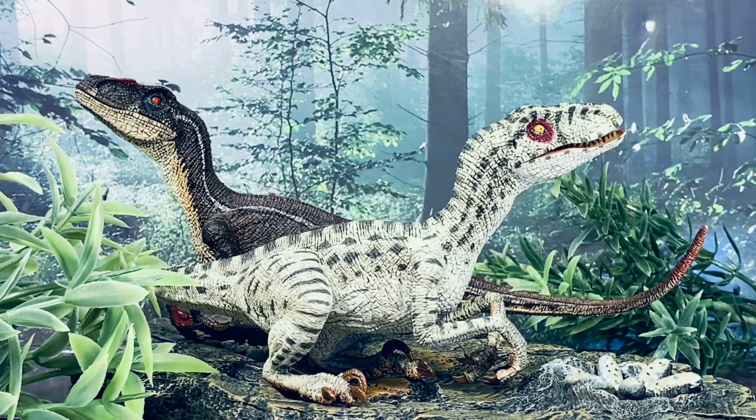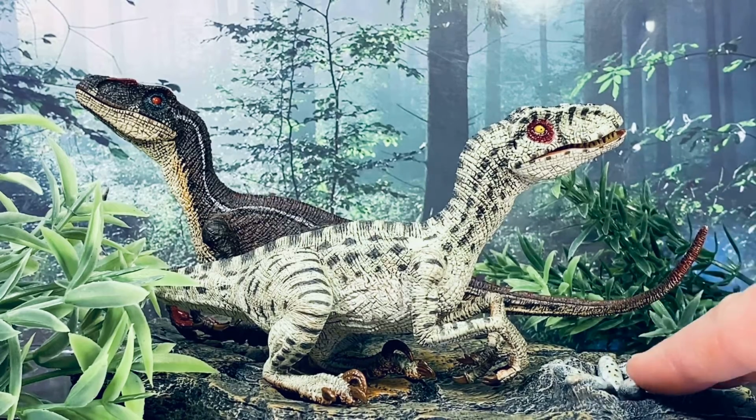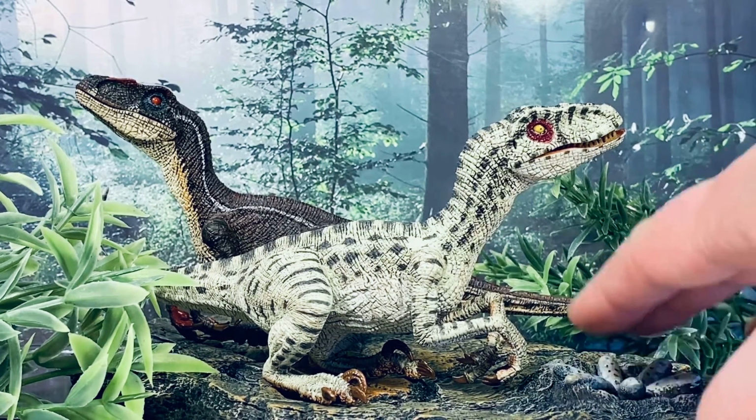for Jurassic Park collectors. And like I said, you can pick up the Nanmu Nest for the Baryonyx if you want to display them like this. I think they look absolutely great. I had these figures for 5 years, and now I finally have a solution to my nesting issue